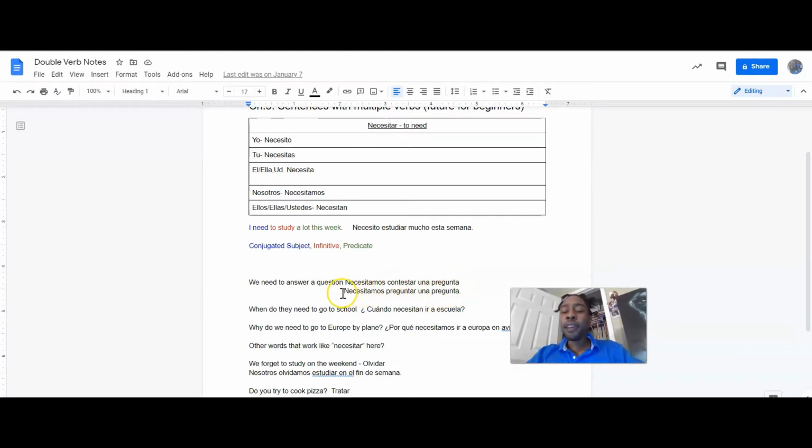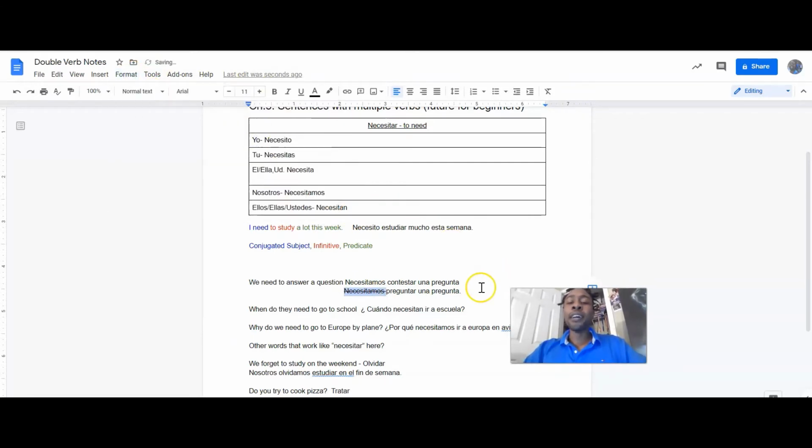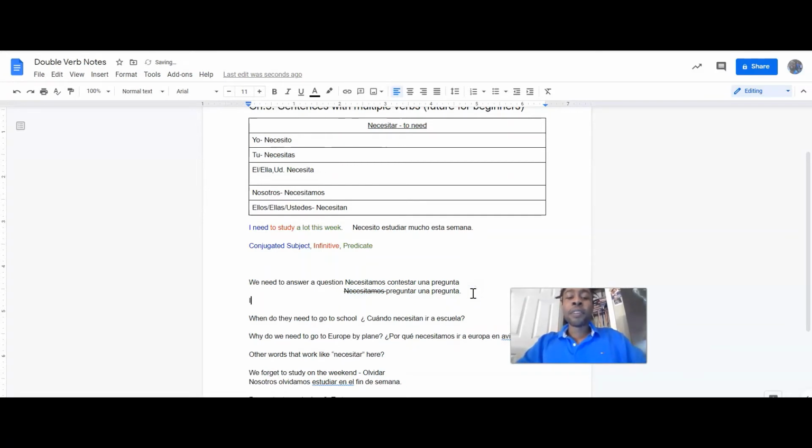Notice how initially we conjugated to need because we do need, but we're saying to answer or to ask, and it's staying in the infinitive. So we're going to stick with the same sentence structure, and instead of us using a word like necesitar, what we're going to do instead is we're going to try and use the verbs on the following page that are ir a, acabar de, tener que, desear, and poder.